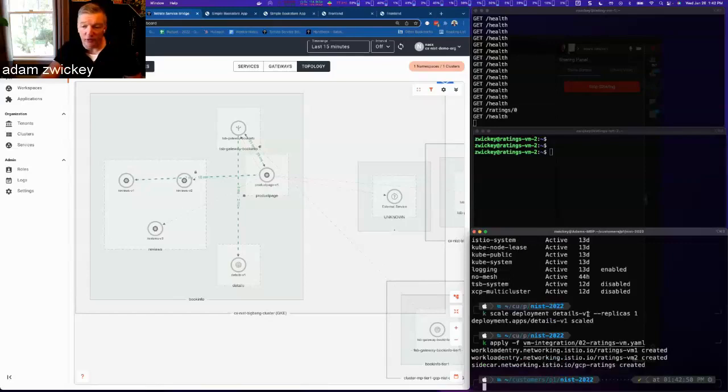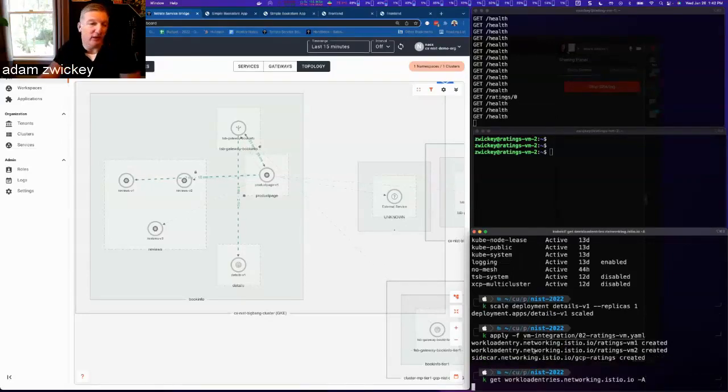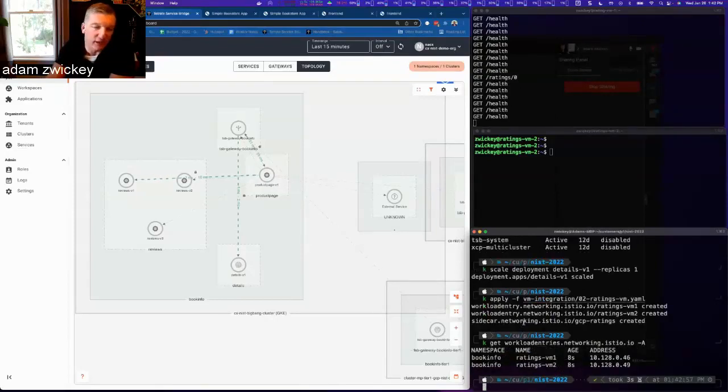So it's going to create those workload entries, those objects we talked about. I can ask Kubernetes to report back to me. This will give me just the important things. I don't want to share the full YAML with you, but it basically tells me I have a ratings VM on these 2 IP addresses. This corresponds with these 2 VMs that you see me terminaled into. Next thing I need to do